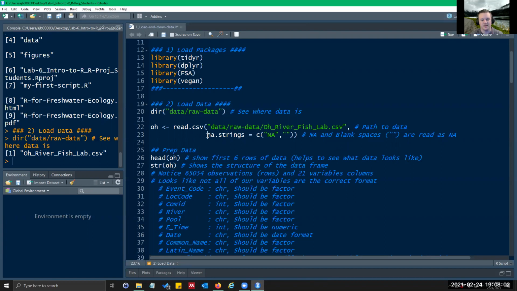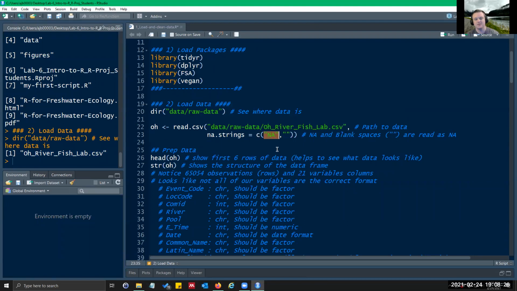And then the next command here I'm using is NA strings. So this is saying what should be read in as an NA, and then use the equal and then C. So it's going to read in this as a vector. A vector is a string of either characters, numbers, or logical values. In this case, they are characters.